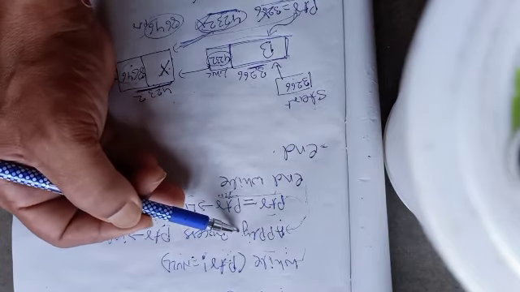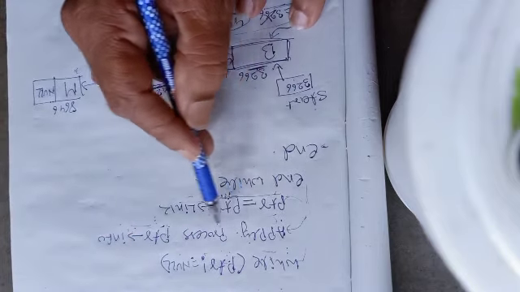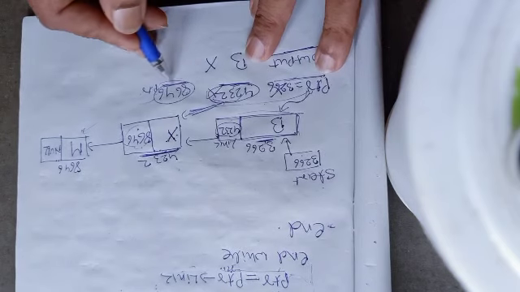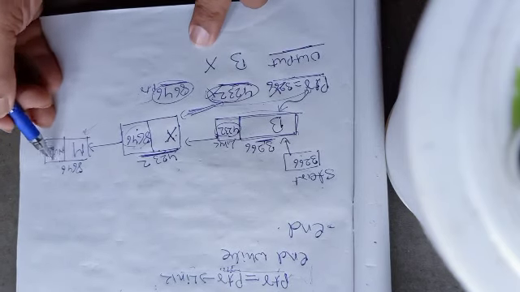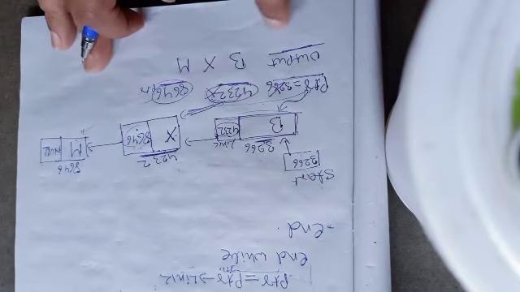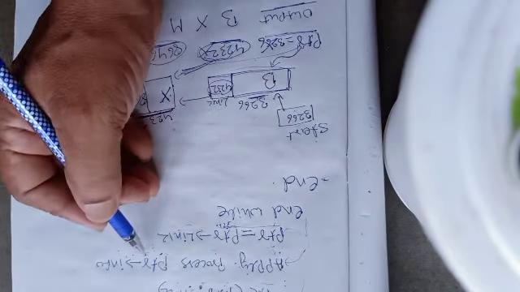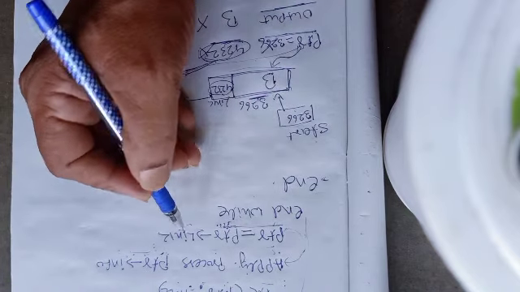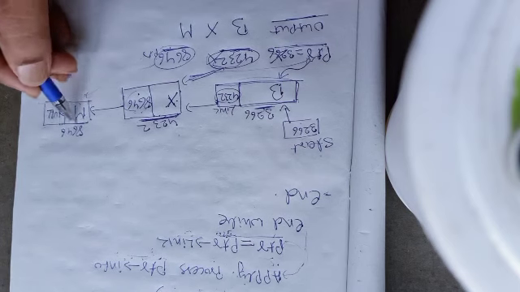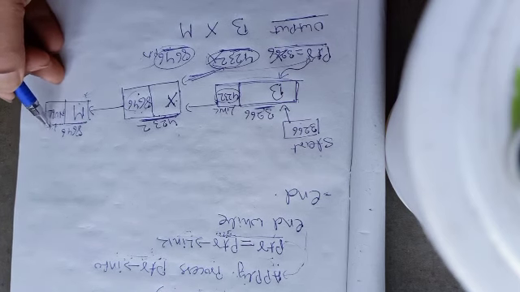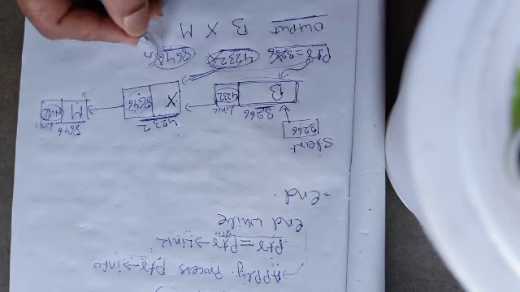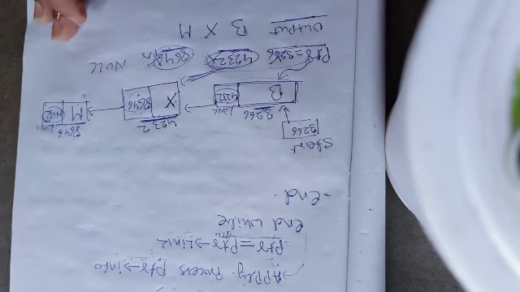So I enter the loop body again, then apply process ptr of info. What is the current value of ptr? 8646. Its info part is m. So m is processed, meaning the output value is now m. After processing that, my ptr value is changed. ptr of link: what is the current value of ptr? 8646. The link part of 8646 is null. Now this null value is assigned to ptr, so the current value of ptr becomes null.